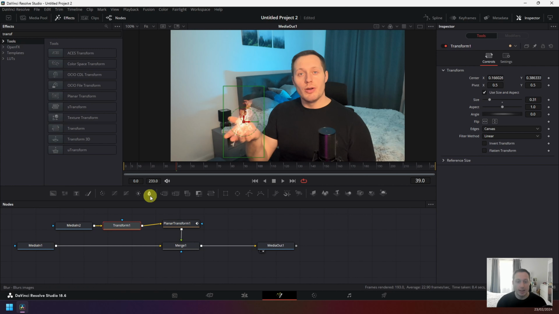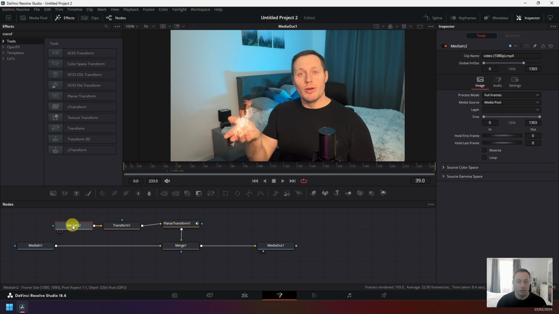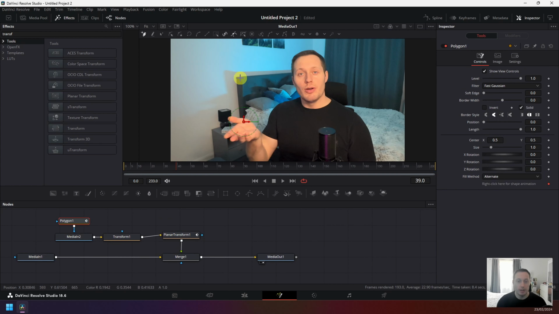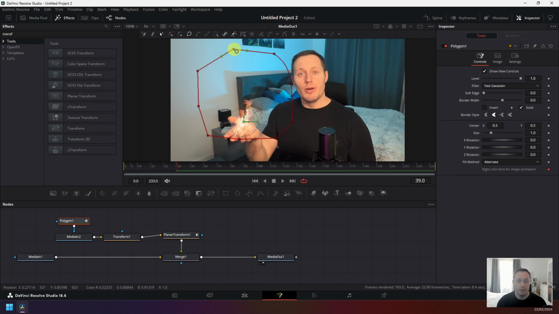Okay, so once that is done, now go to Media in 2 and click on Polygon, and now draw a circle around the flame like this and click on Invert. So now what's going to happen is we are going to introduce the flame gradually. So now you can see the timeline cursor here in red sits at around this point in time. I'm just going to click right next to it a few frames later